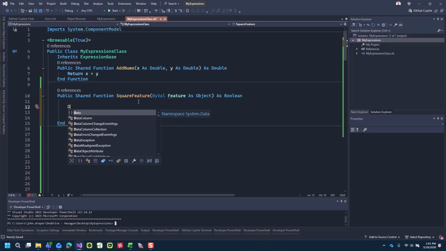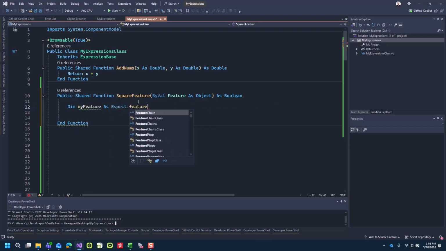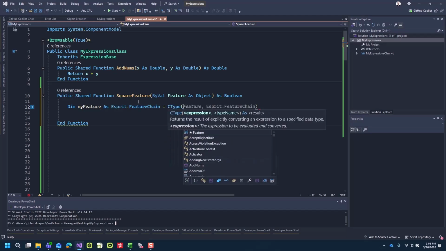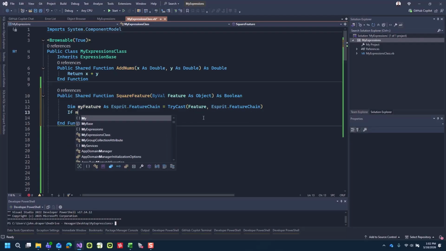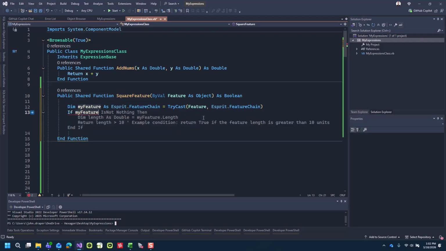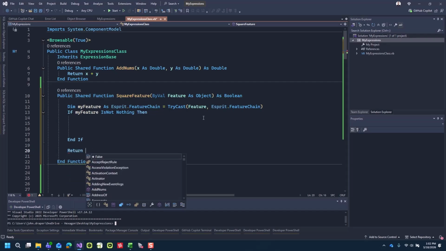So we can say dim my feature as a spree feature chain is equal to C type of feature as a feature chain. So we'll cast it as a feature chain. And it's probably best just to use a try cast. If it doesn't cast correctly, then we'll evaluate differently. So let's just go down a little farther. So if it's not nothing, we'll do it one way, but if it is,